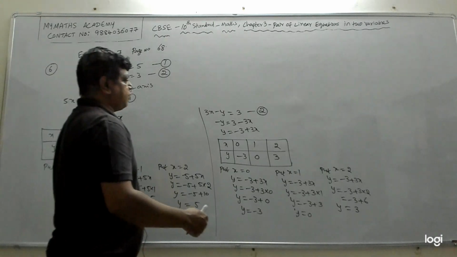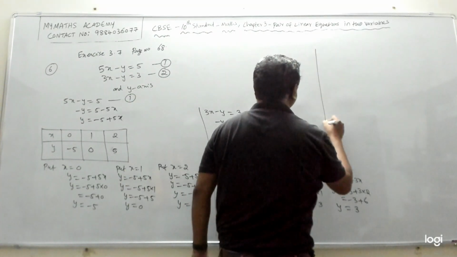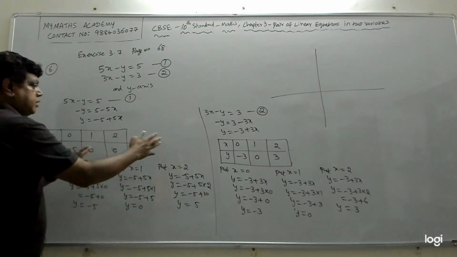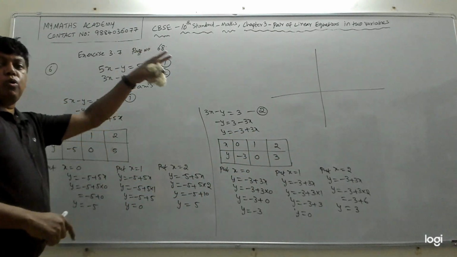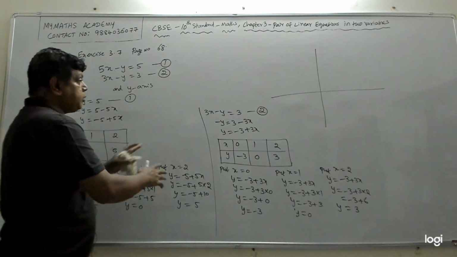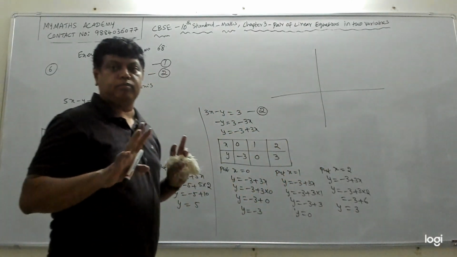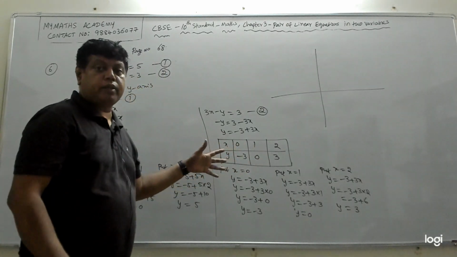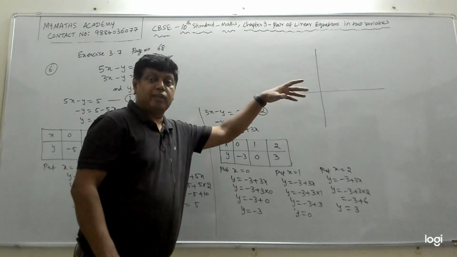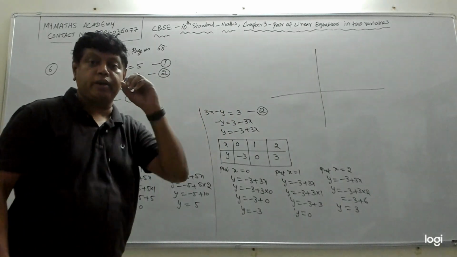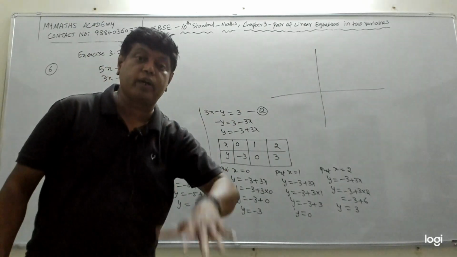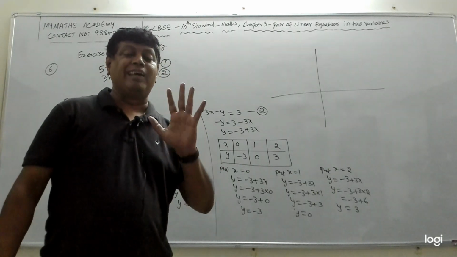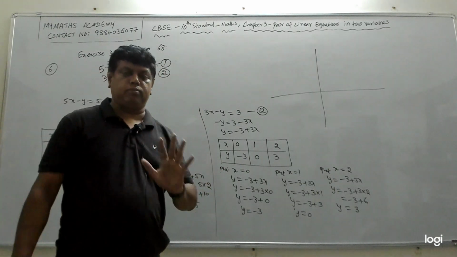Now let's draw the graph. After finding these two boxes, only then should you go and draw the graph. Don't put one box and try to draw the line. Because after putting this, if these numbers are bigger, then you may have to change your units. The entire graph will go wrong and your entire time will get wasted. Again, you have to redo the graph. And you will not have enough time in the examination to rework or redo a problem.